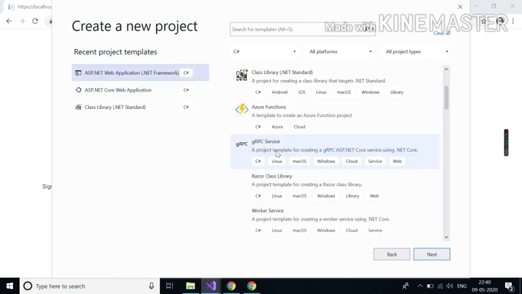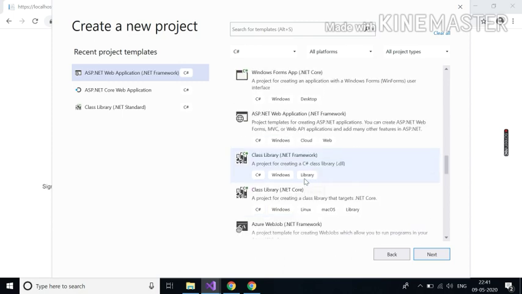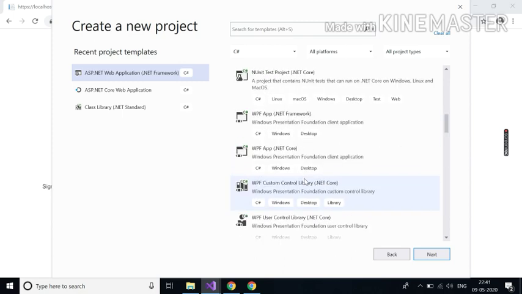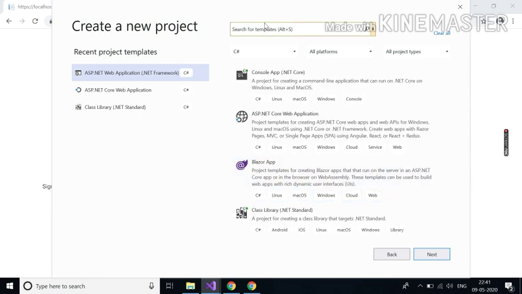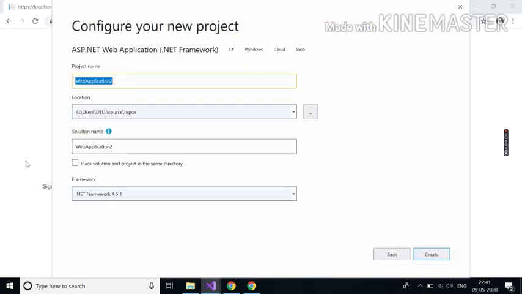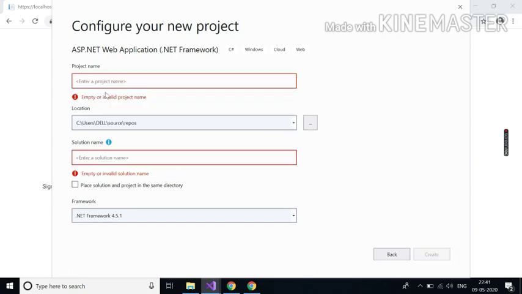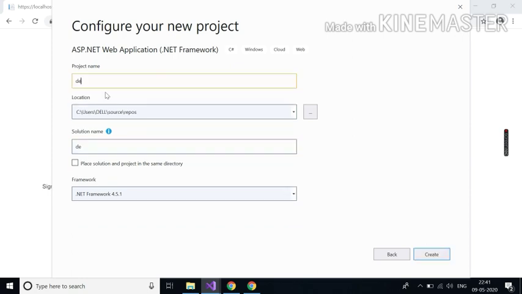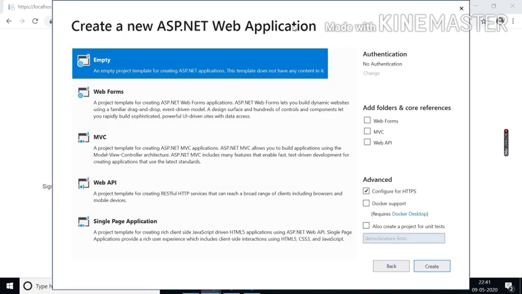Click on ASP.NET Web Application, then create the project name, DE Library Demo Signature. You can also choose an empty project.